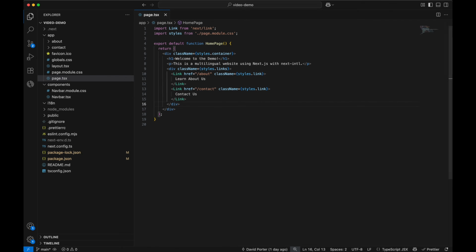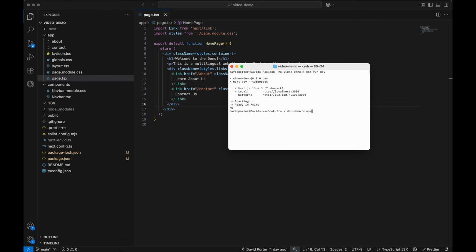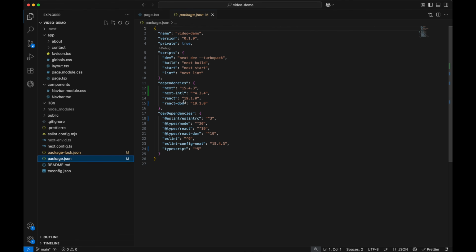The first thing we're obviously going to want to do is install Next International. So let's go to our console and type in npm install next-intl. To quickly show you our package JSON, we are using Next International version 4.3.4, which is the latest version as